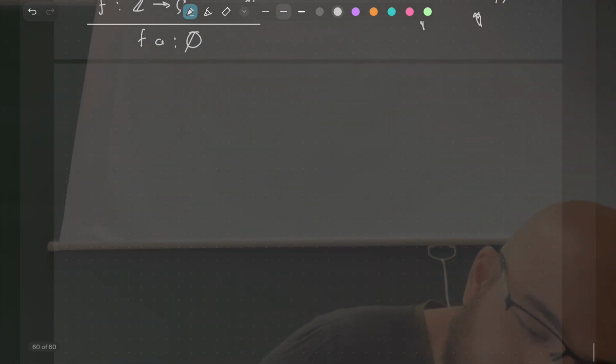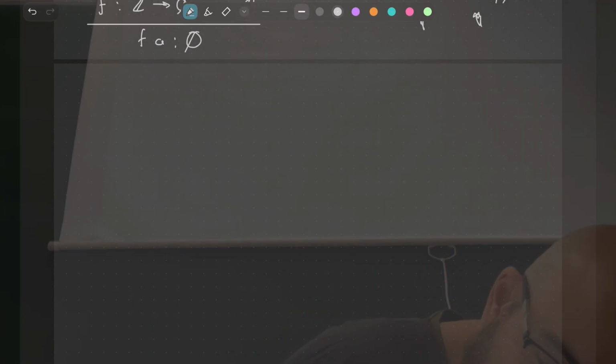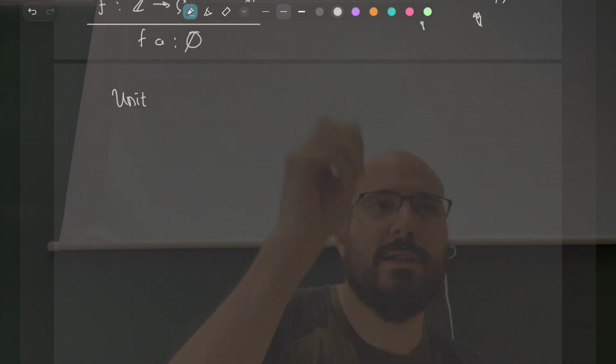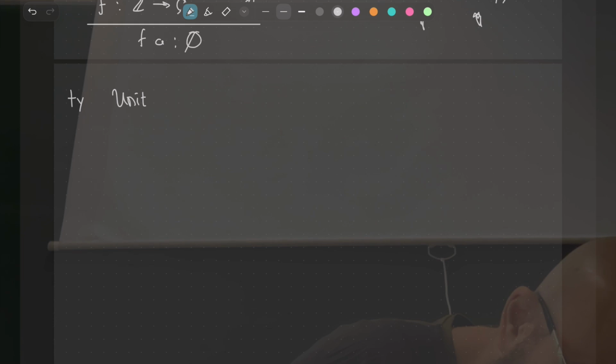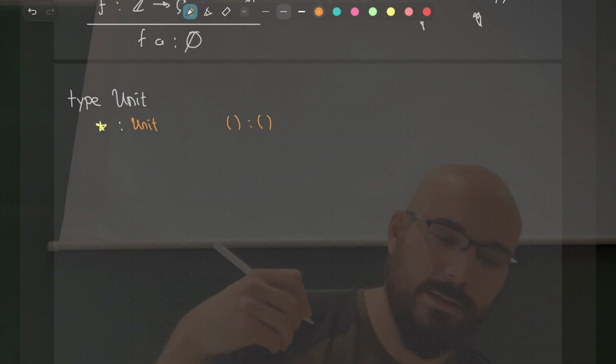So let's quickly define these types. I will call it unit, because I really don't like the confusion of using tuple and tuple. And I need a name for the only thing of my type unit, and I will call it star. Okay, I think it's a better name, but you can use any name you like. It doesn't really matter. The only thing that's important is that it's only one. So this is of type unit. Haskell programmers would write it like this.